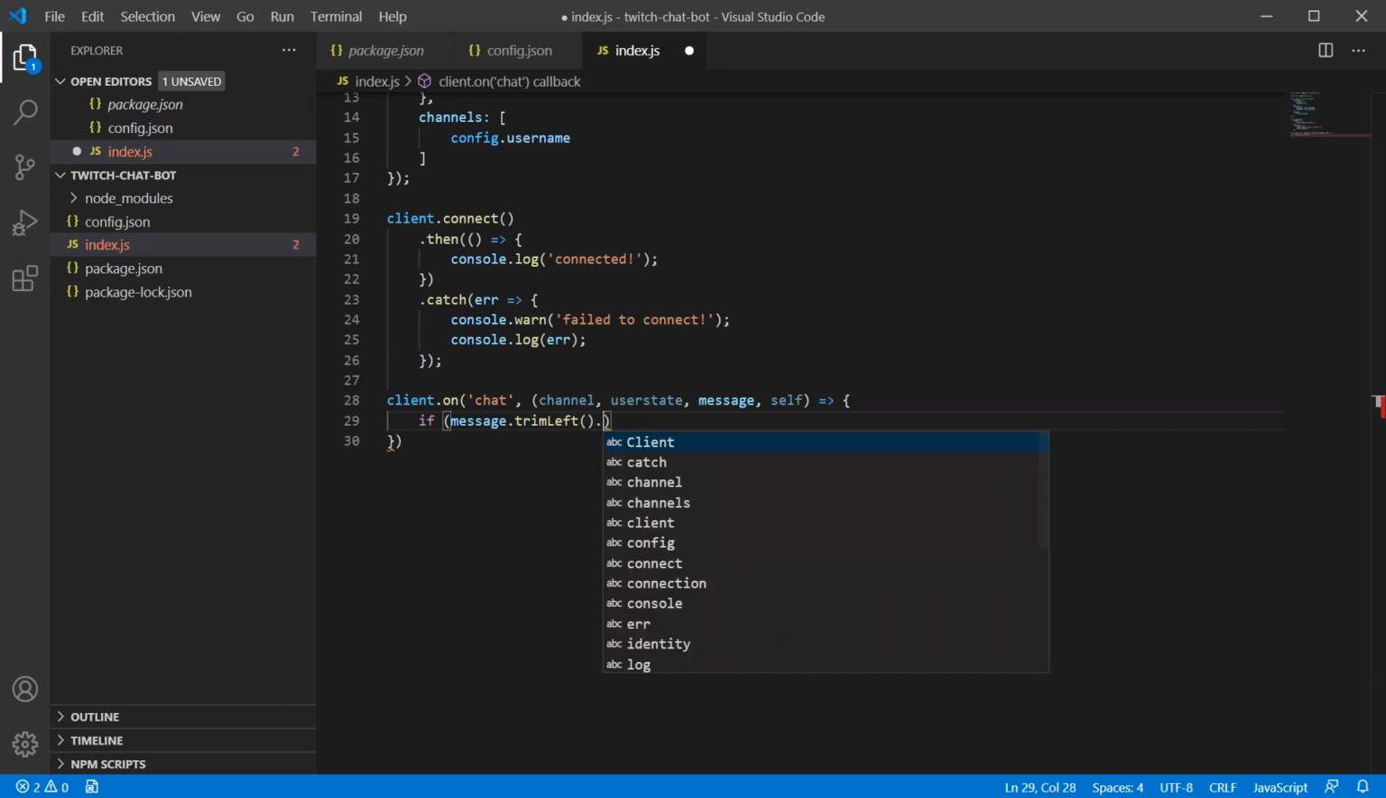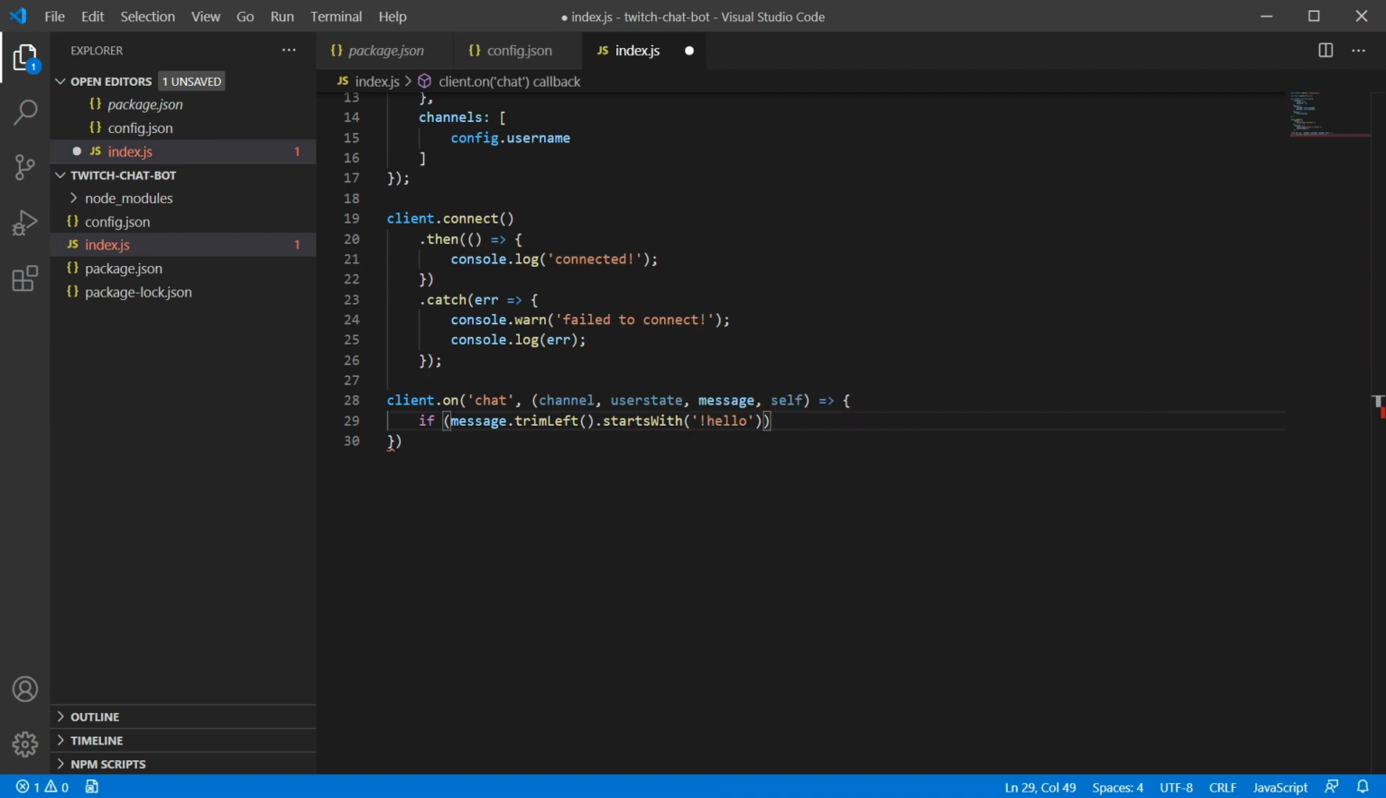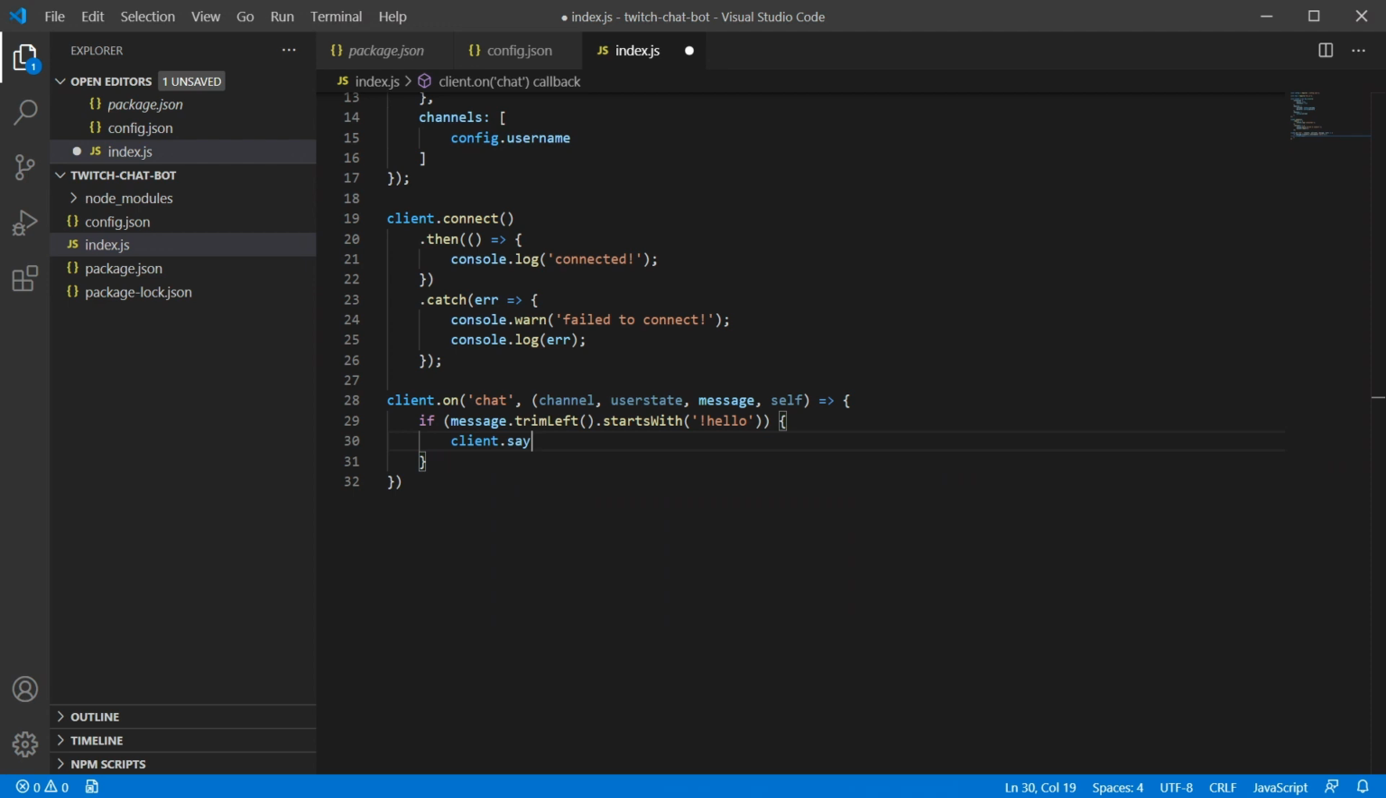And then let's see, does it start with... let's say if the message starts with hello, we'll respond. And in order to send a message, we're going to use another method on our client. It's called say, and the say method